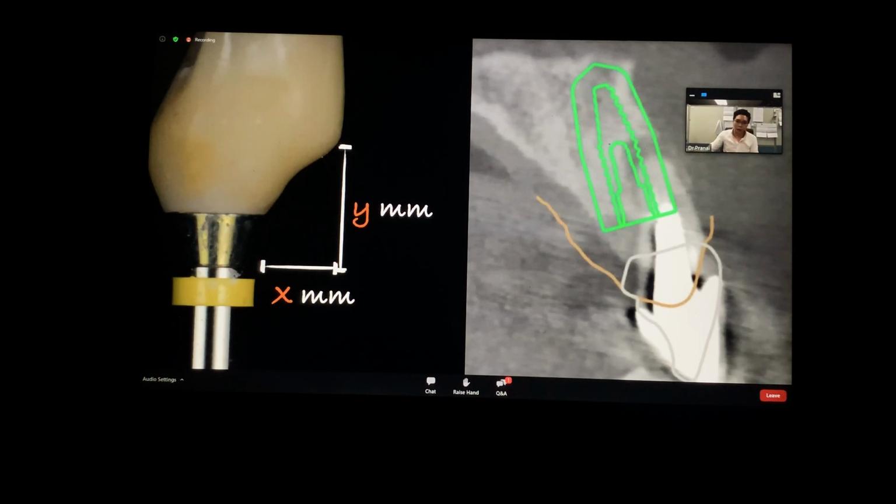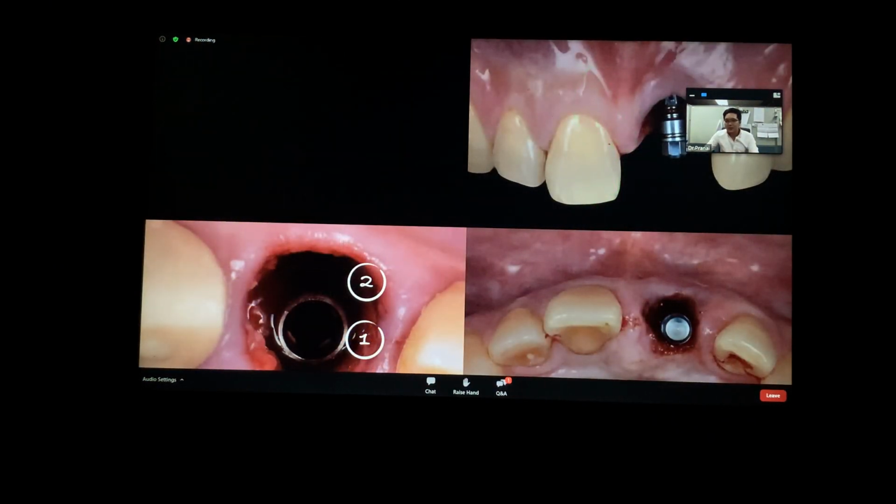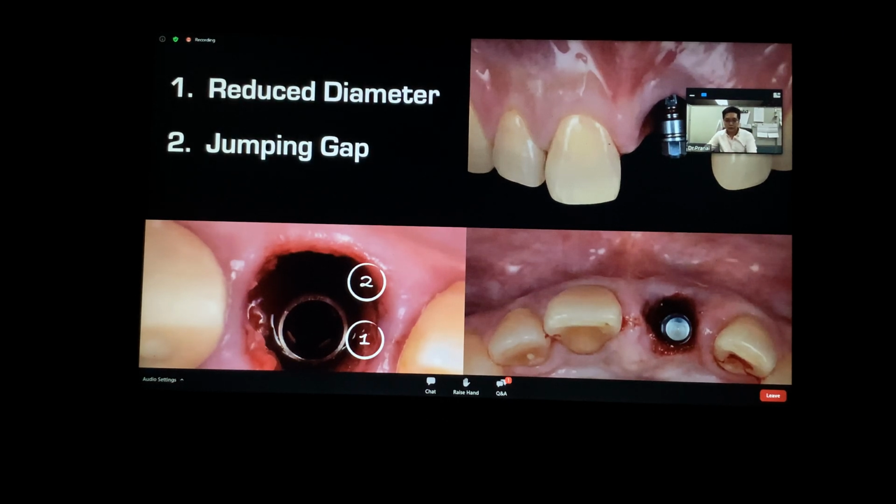If you look at the contour, it's a 3 by 2. So with the immediate implant placement, it's going to be a little deeper and more palatal, about 3 millimeters to the palatal. Two things are the key: reduced diameter implants and a jumping gap. With a reduced diameter, you create more gap for your bone graft, for your soft